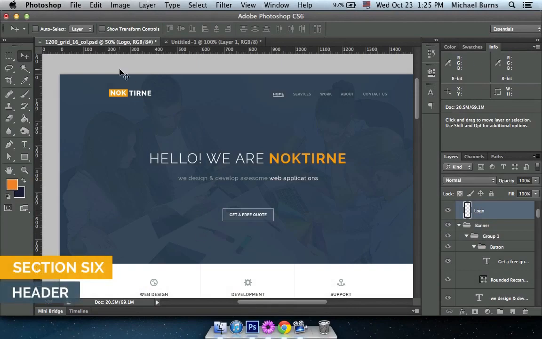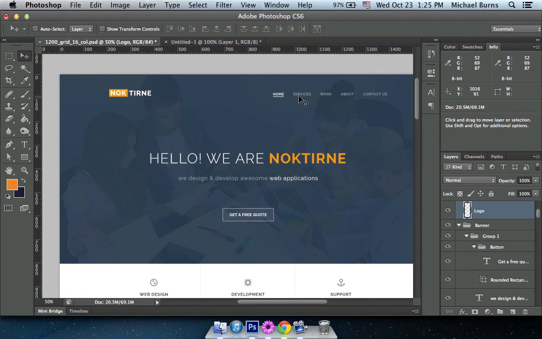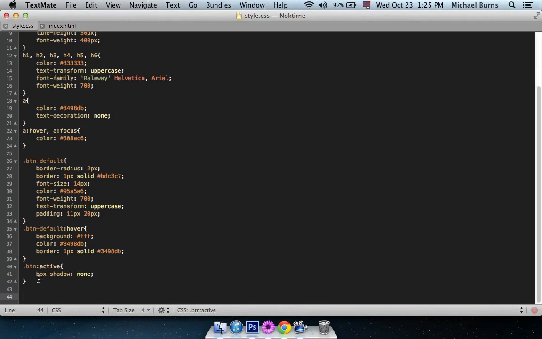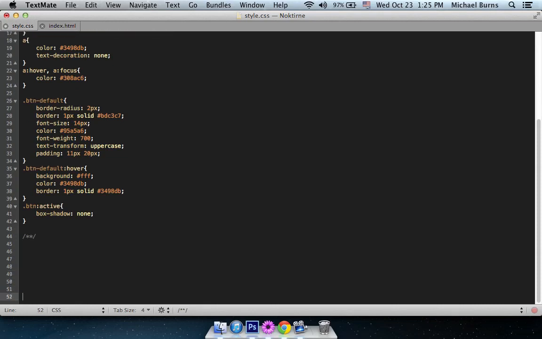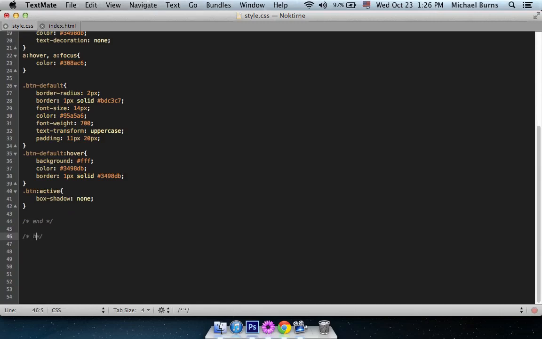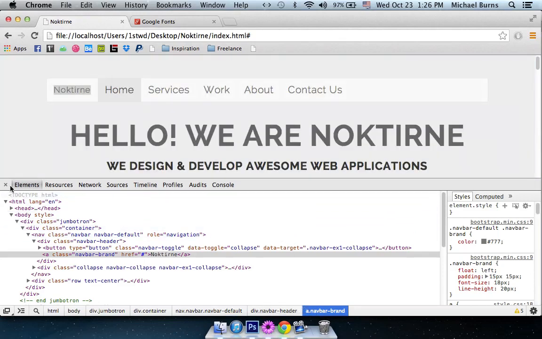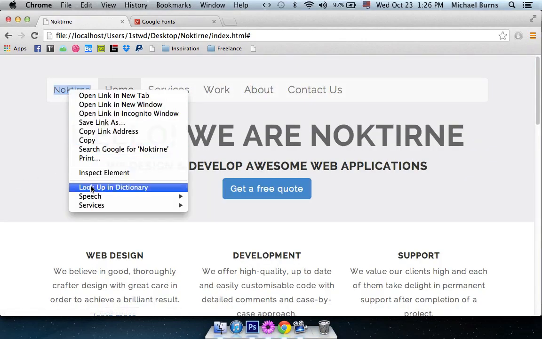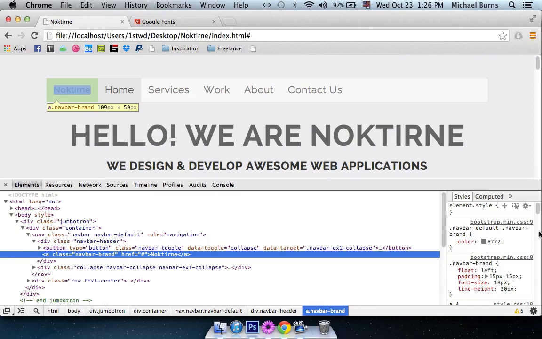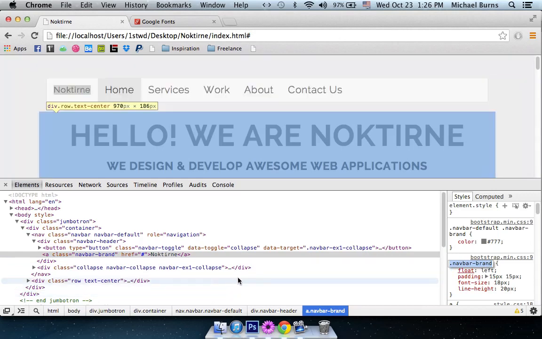Start working on the header part, which is the logo and the navigation links. So switch back to our styles.css and make sure to comment this out right here. Now for the logo, to make this easier, we're going to inspect element and see that it has a class of nav brand. So copy it